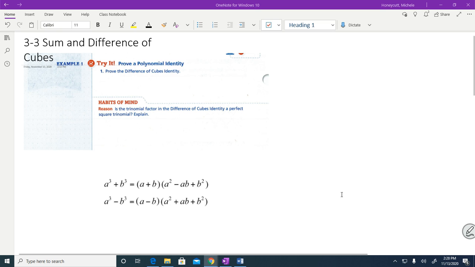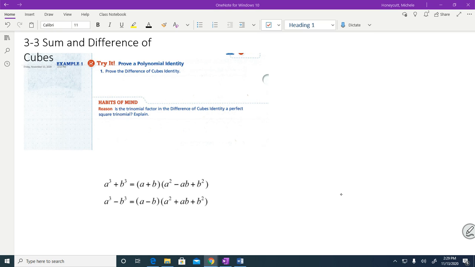Hi guys, today in 3.3 we're going to talk about the sum and difference of cubes. Now in your book, 3.3 covers a lot of other identities, but the one that you really need to know, and the one that's going to reappear in your future math courses and in this course, is the sum and difference of cubes identity. So we're going to do an abbreviated version of 3.3